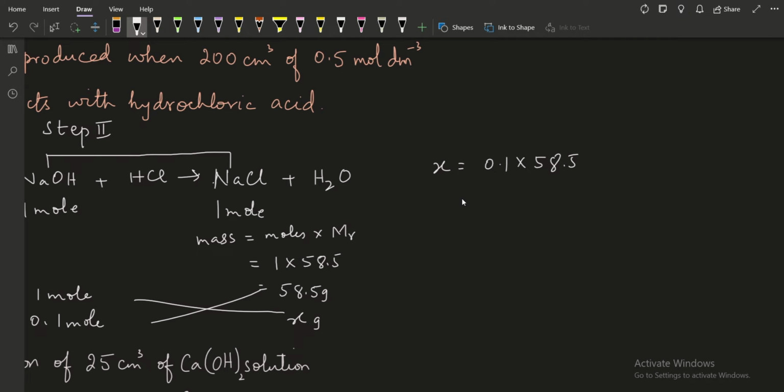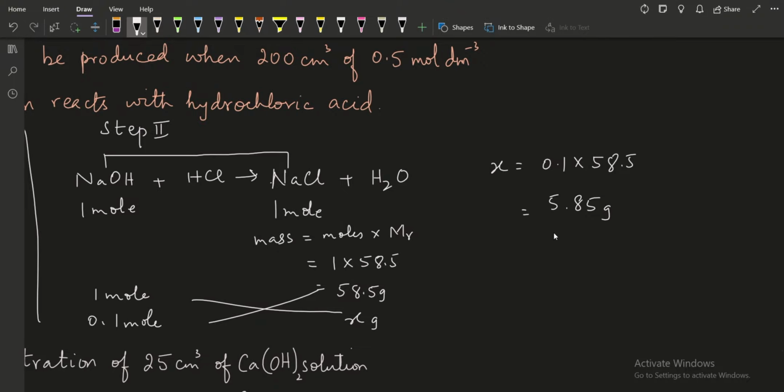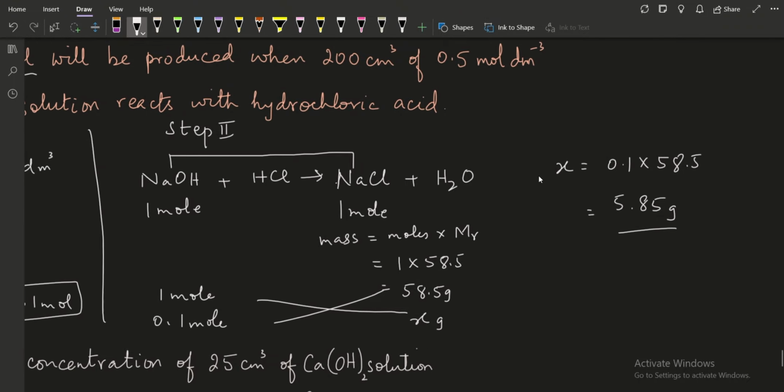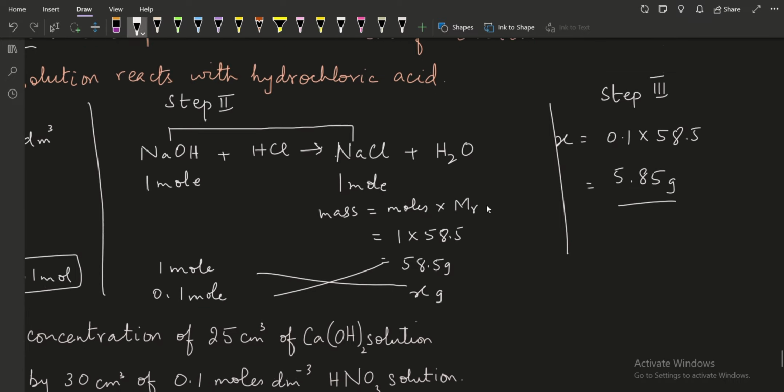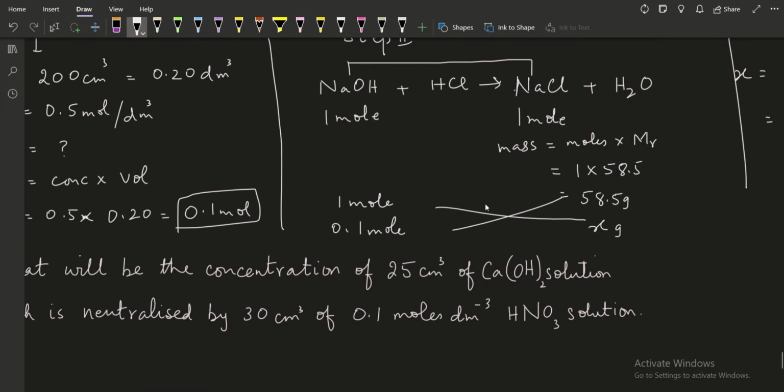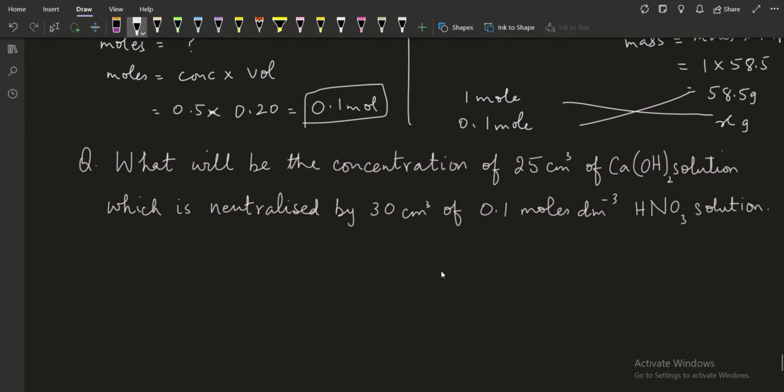So our answer will be 5.85 gram. So this is the unknown quantity, which is actually our step 3 as well, that we have calculated the unknown quantity. Okay,